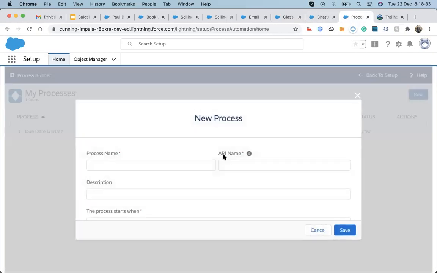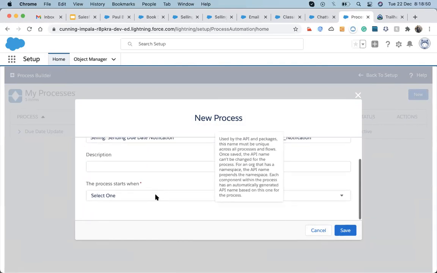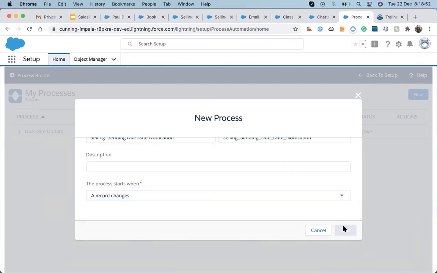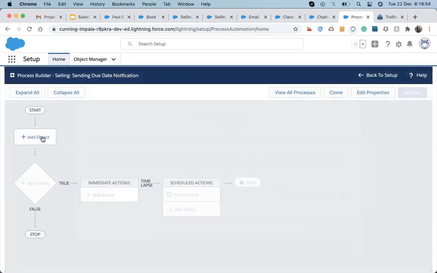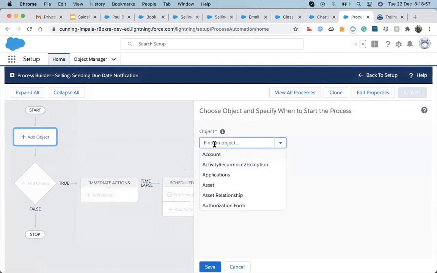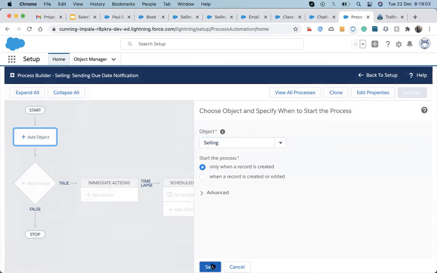I hit new. And the record changes. Whenever the record is created, it will execute that.